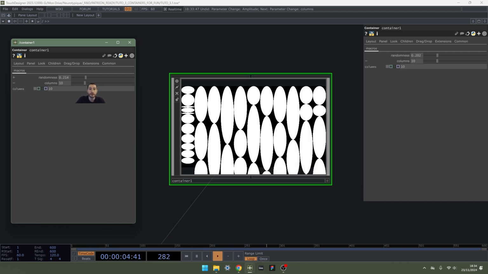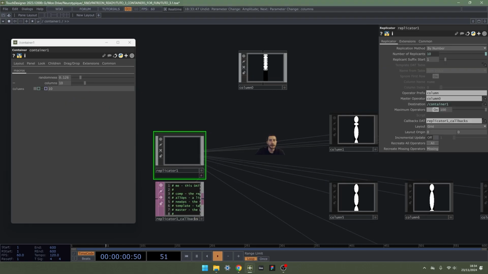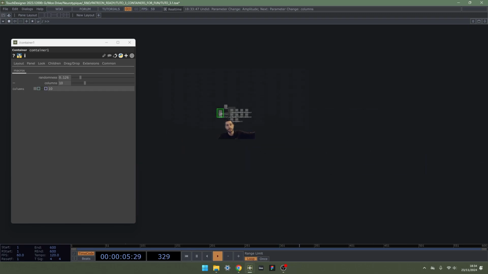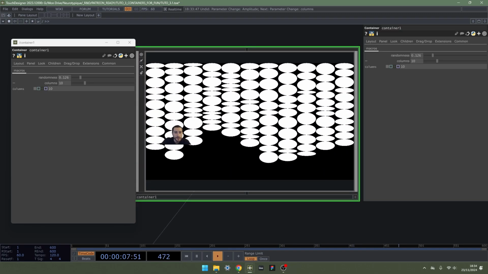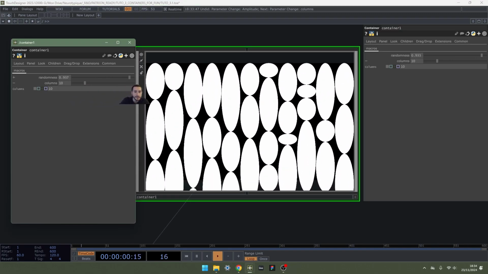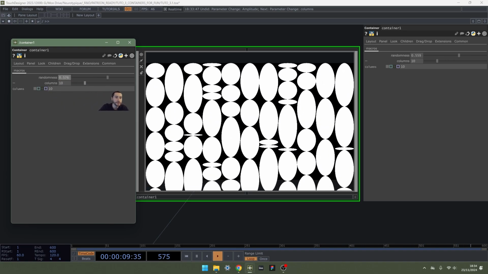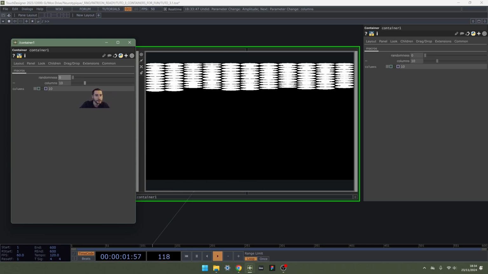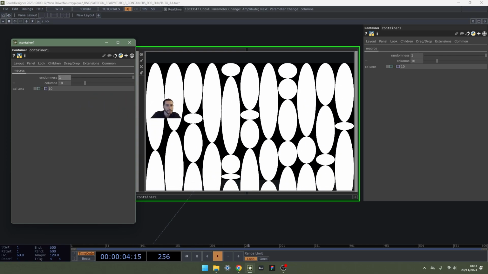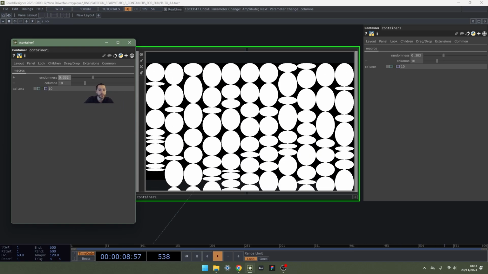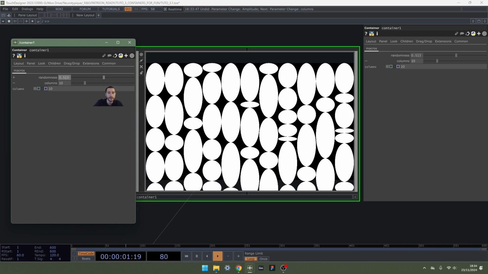It's only affecting the first column. I need to update these columns so they're all the same as the first one. And now we see I have my randomness slider. It's maybe not the best way because now it's just from minimum to maximum, but it works. Now it's up to you to decide where you want to put this value.